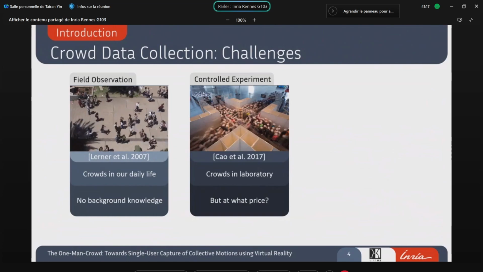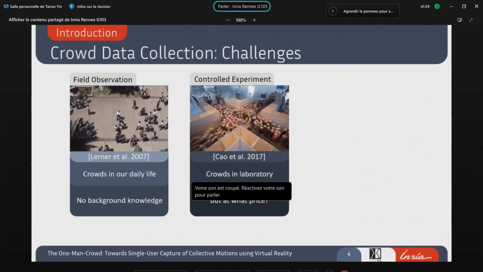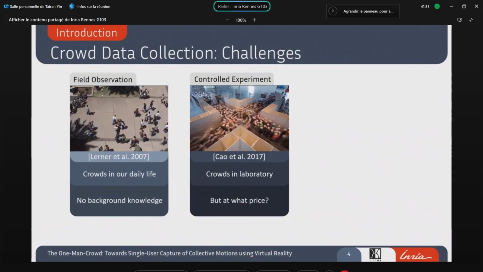But then the problem here is that we need time and money to build up systems to capture the crowd movement and the data that we specifically want to capture. And as a result, the data remains scarce.